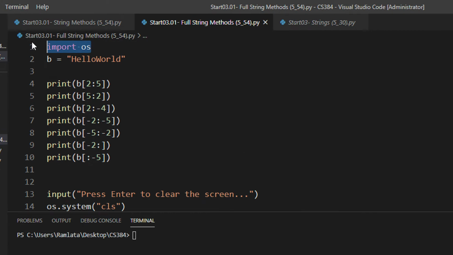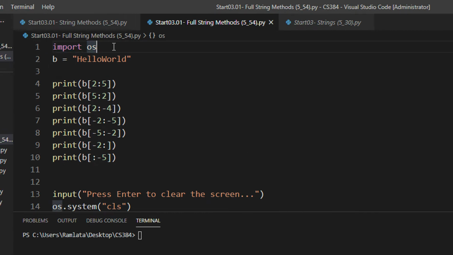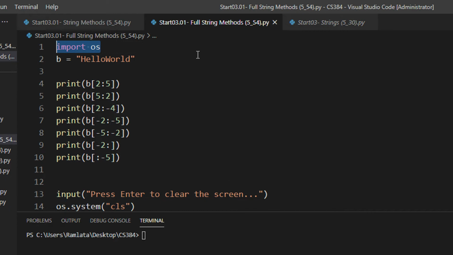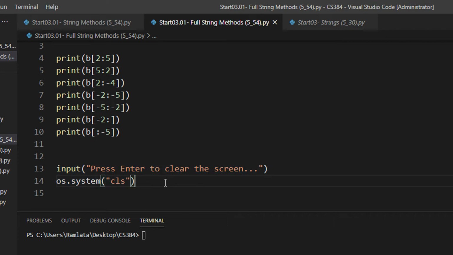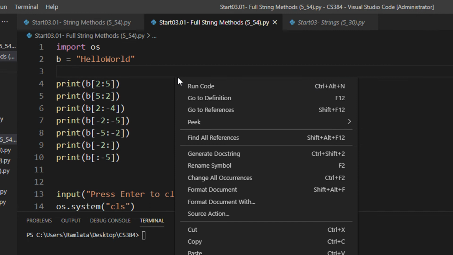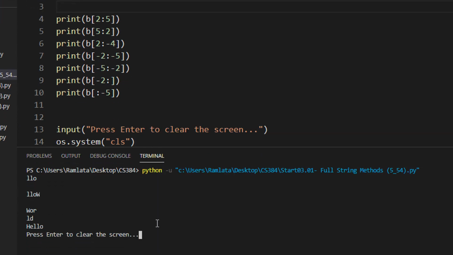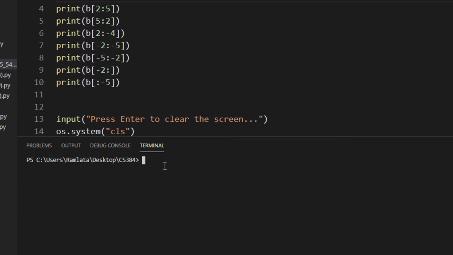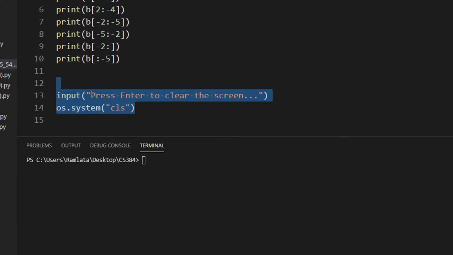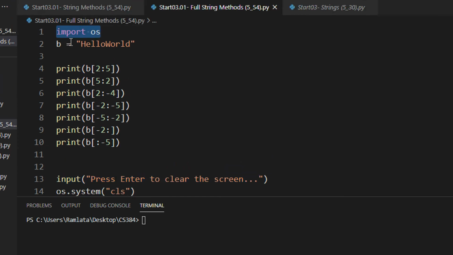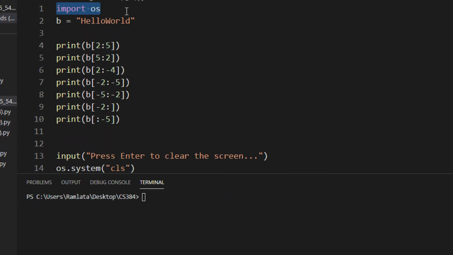Right now, just for the time being, import os, just forget it, just write it as it is. The source code will be shared with you. In the last two lines of the code I'm having this. Just forget this. So what happens when you execute this code? In the end, when you press enter, the terminal is cleared automatically, right? Basically cls is a clear screen command which is run on the terminal. So just forget about this, we will see it later, but we will keep these two lines and this import in every code so that our terminal is always clear.